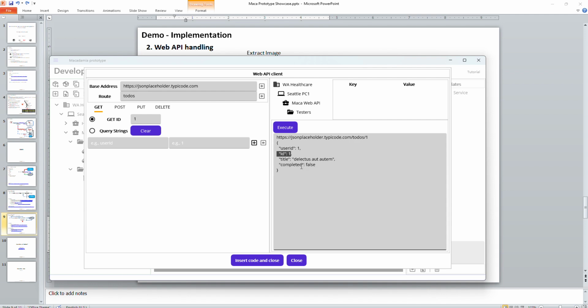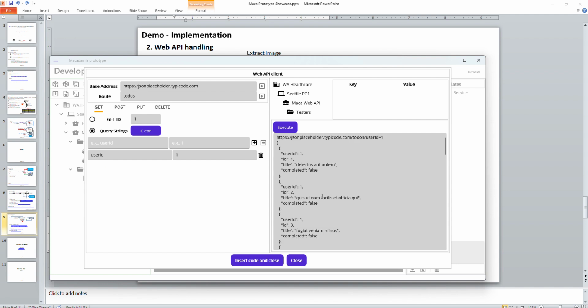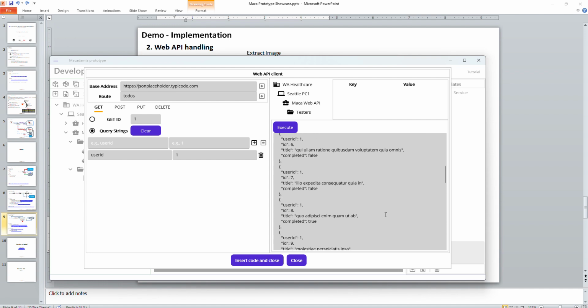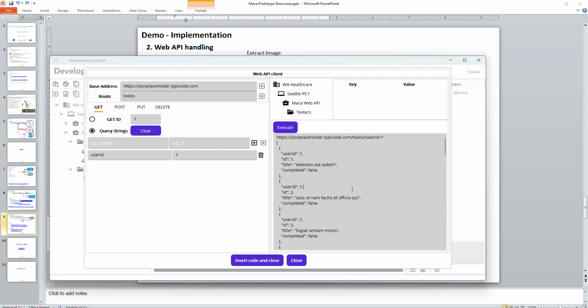Alternatively, you can use a query string like user ID 1, and then add the query string here. What this means is you will filter the to-do list along with the user ID 1. So if you set the user ID 1 and execute, all the related results along with the user ID will be returned. And you can even filter more, like completed